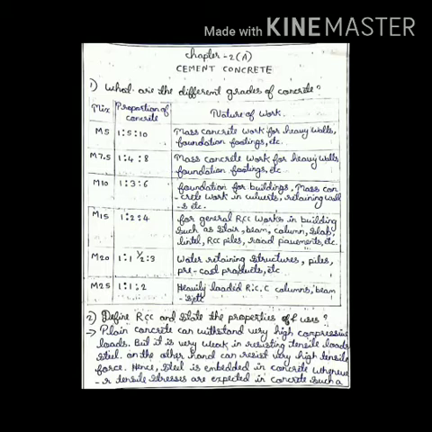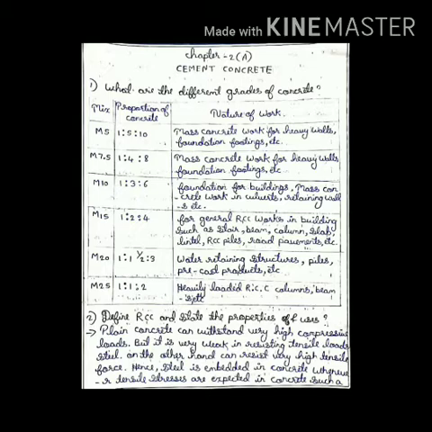According to the grade of the concrete, the nominal mix or the proportion of concrete varies. We are discussing here which grade of concrete carries how much nominal mix and where it is used. First we start with M5 grade of concrete, which has the nominal mix, that is proportion, 1:5:10. 1 means 1 part of cement, 5 is the fine aggregate or sand, 10 is the coarse aggregate. Such a grade of concrete is used for heavy walls, foundation, footings, etc.